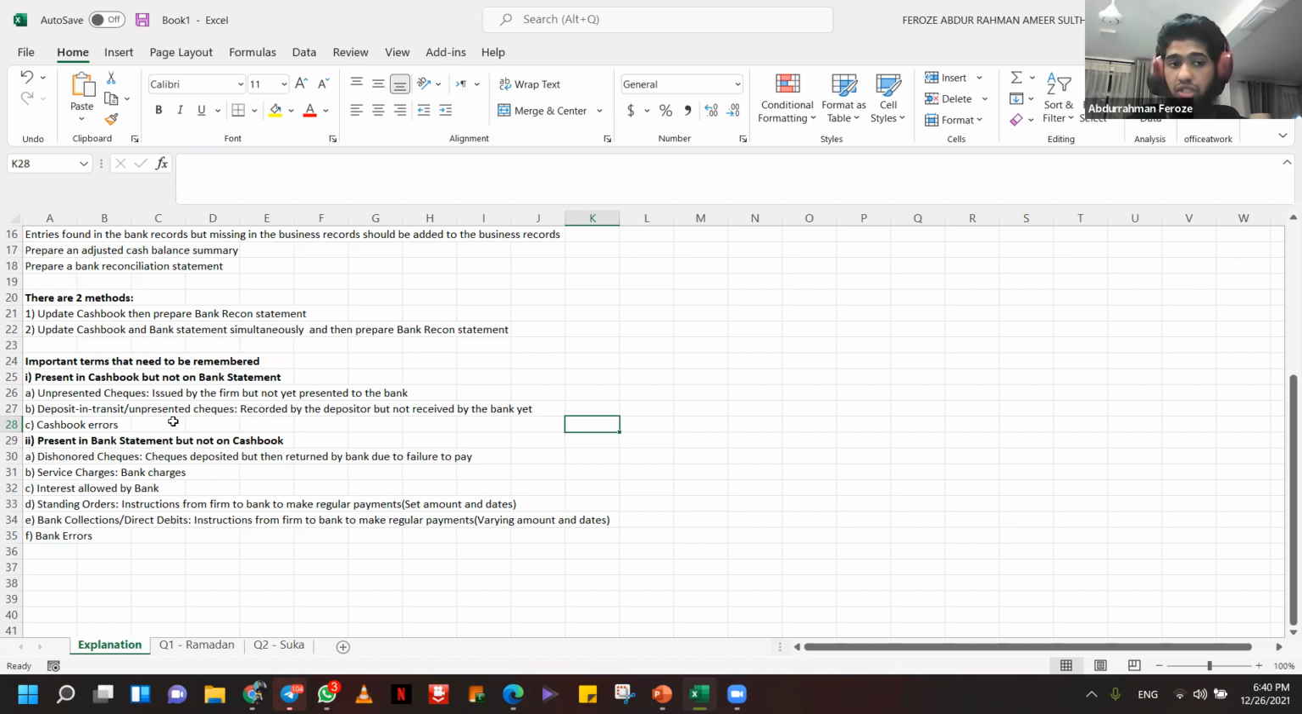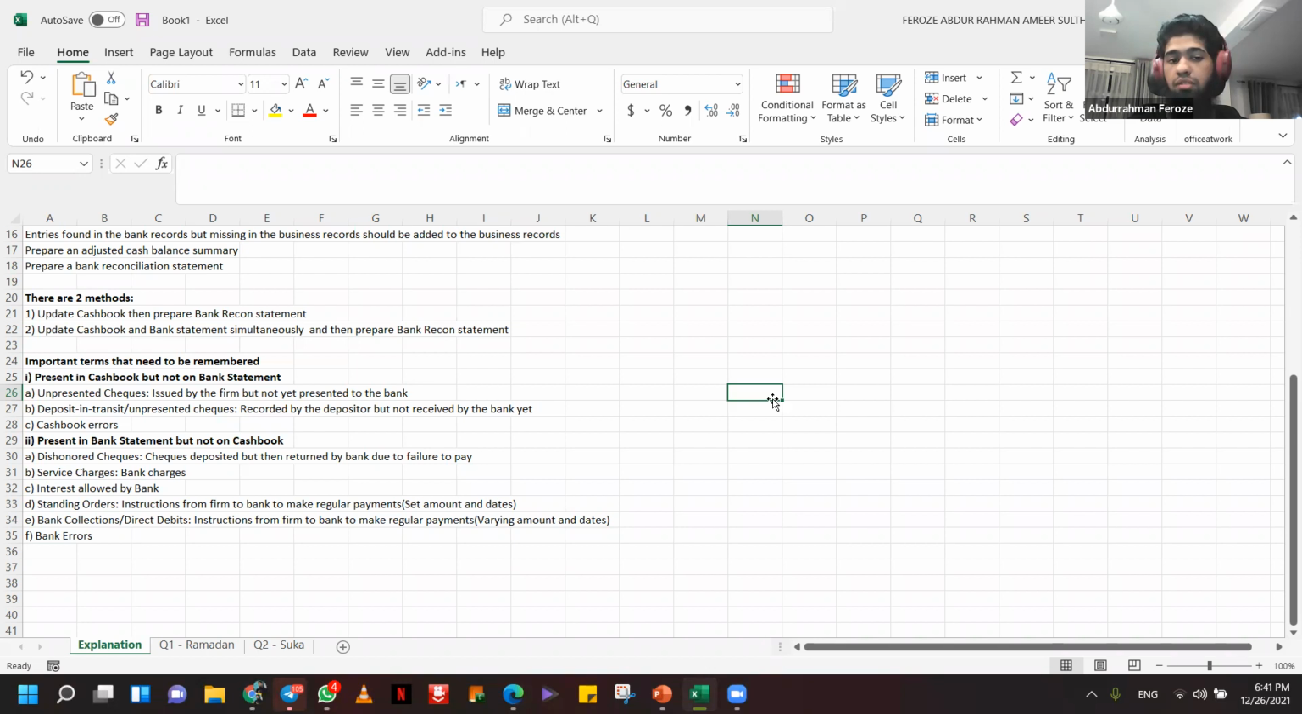Now, items that are there on the bank statement but not on the cash book. First is dishonored checks. So dishonored checks is when the company has deposited a check with the bank, right? So company A wants to make a payment to company B, and so they deposit a check at the bank, right? And then they write it off. They enter the payment into their cash book,